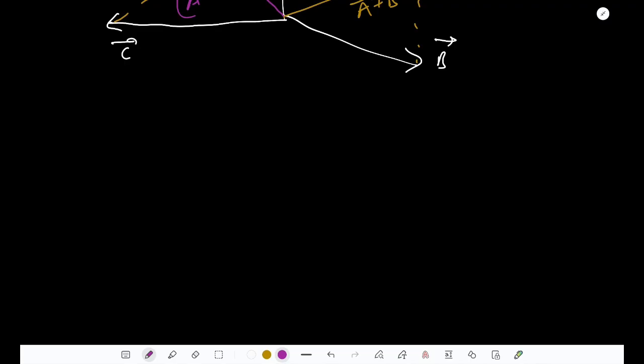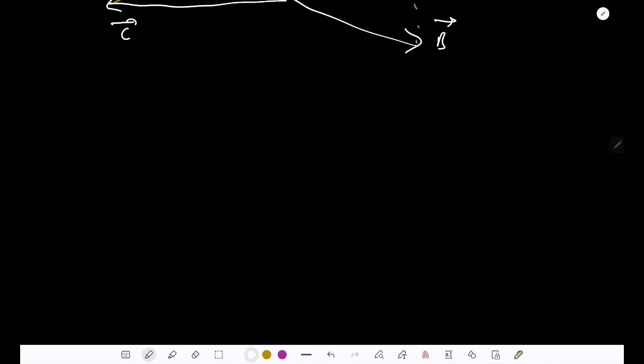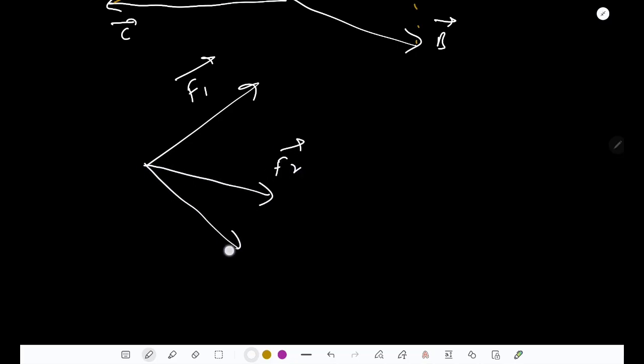And I can show you one more thing, like if we have three vectors like F1, F2, and another vector as F3,